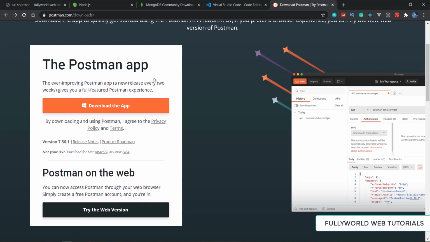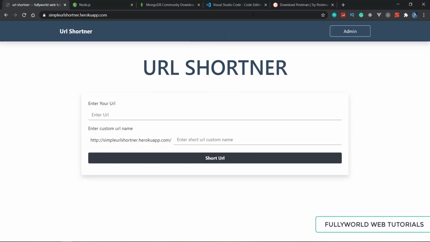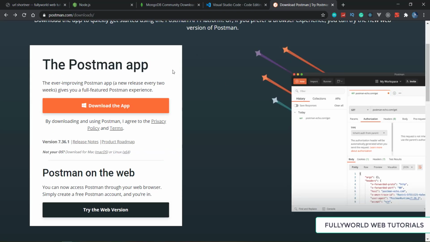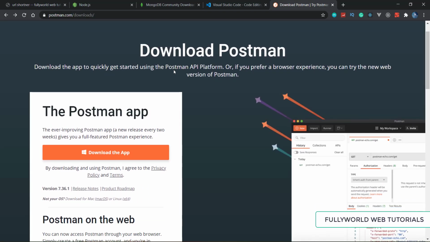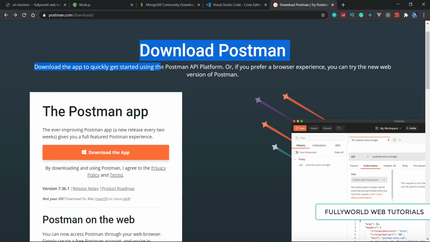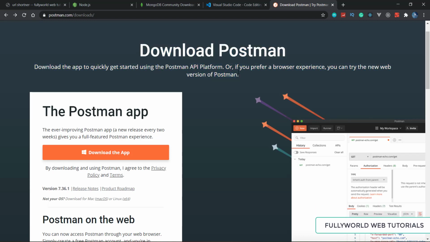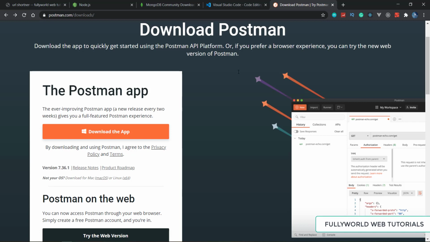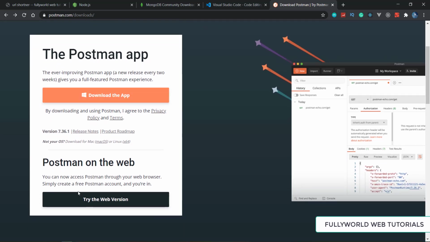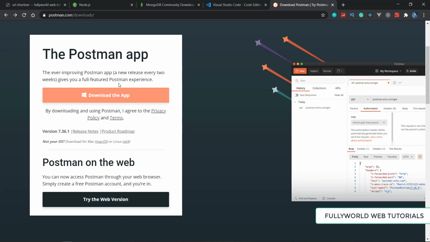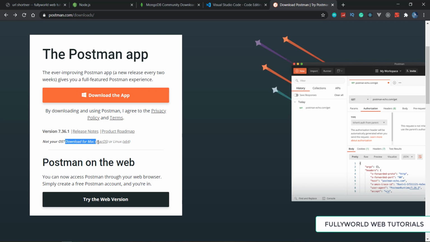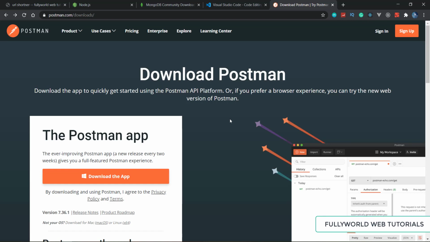It is a very good API platform and will help you test any API that you want. You can download the app, or you can try the web version also. It is available for Mac OS and Linux too. So these are the software we need.